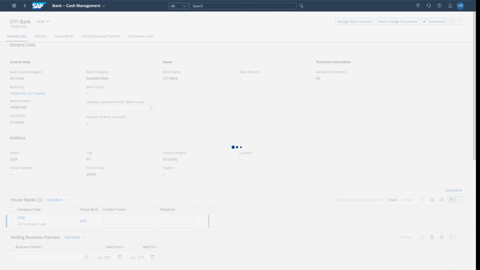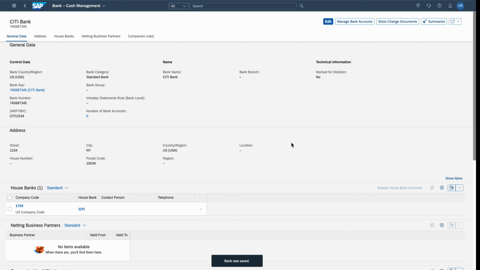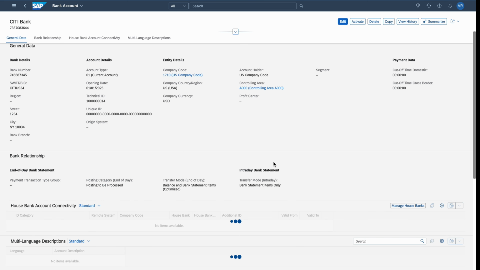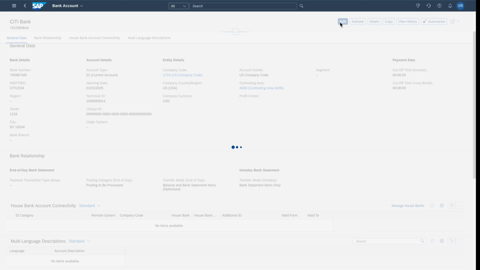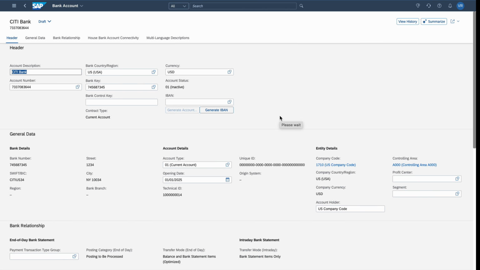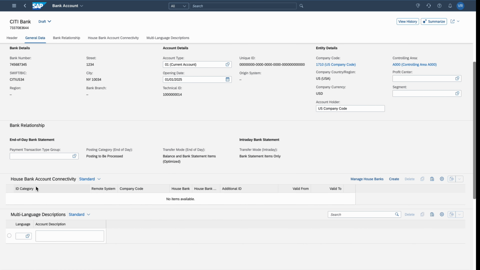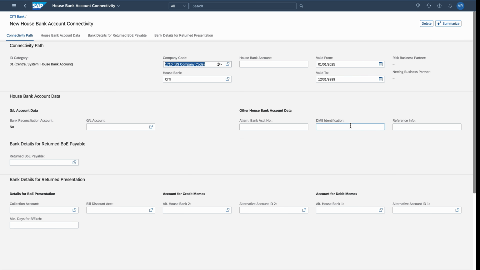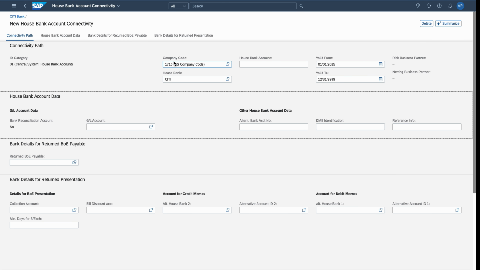and click on save. Once you click on save, you can see this Citibank is extended to the 1710 company code right now. If you come back here and click on edit, under this house bank connectivity, we need to click on create, and then you can observe that this 1710 company code and city house bank is auto populated.